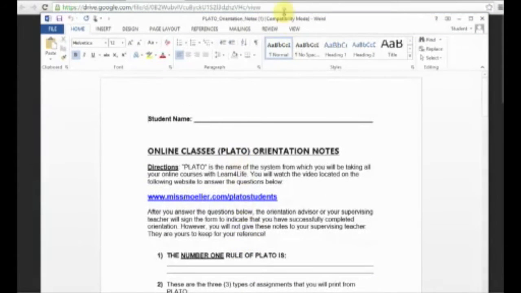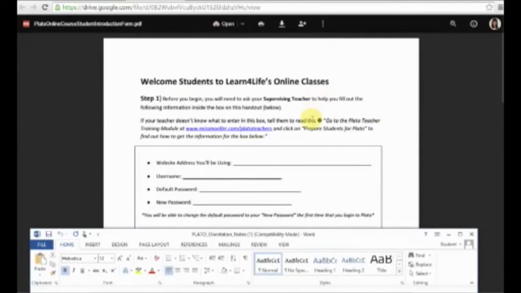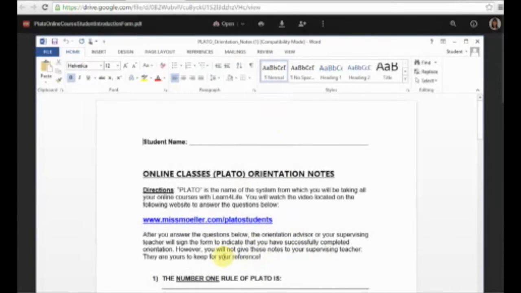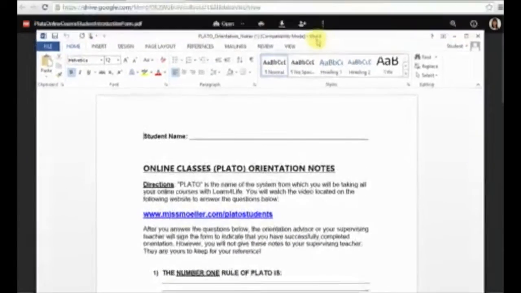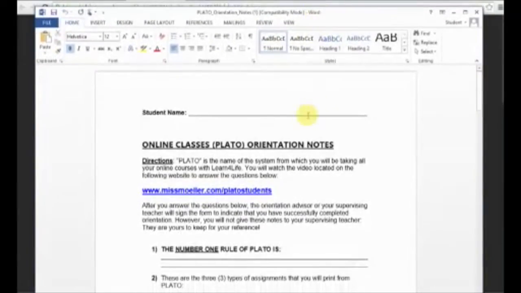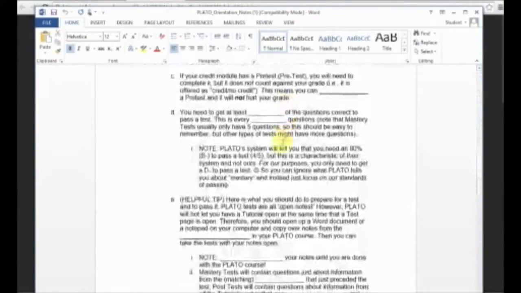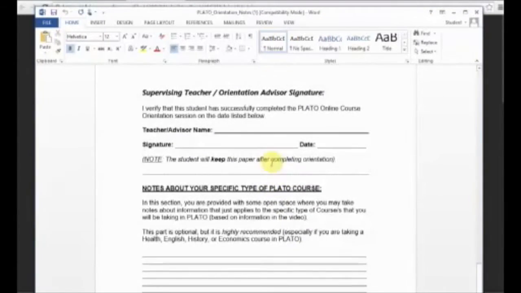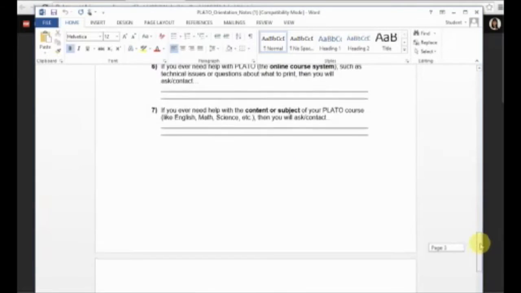Now, this is the Word file, and this is a PDF. You cannot edit a PDF in Word, but you can edit a Word file in Word, obviously, as you can see here. So what we're going to do first is, for this orientation session, we're going to go over some of these notes. So I'm going to actually answer all these questions for you, so you'll be able to finish them or complete them for orientation. Now, on that note,